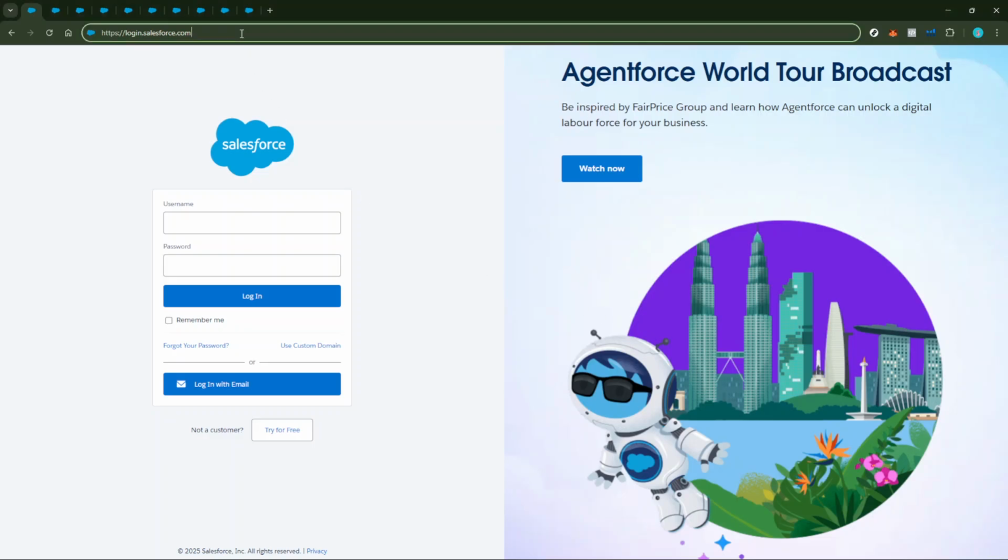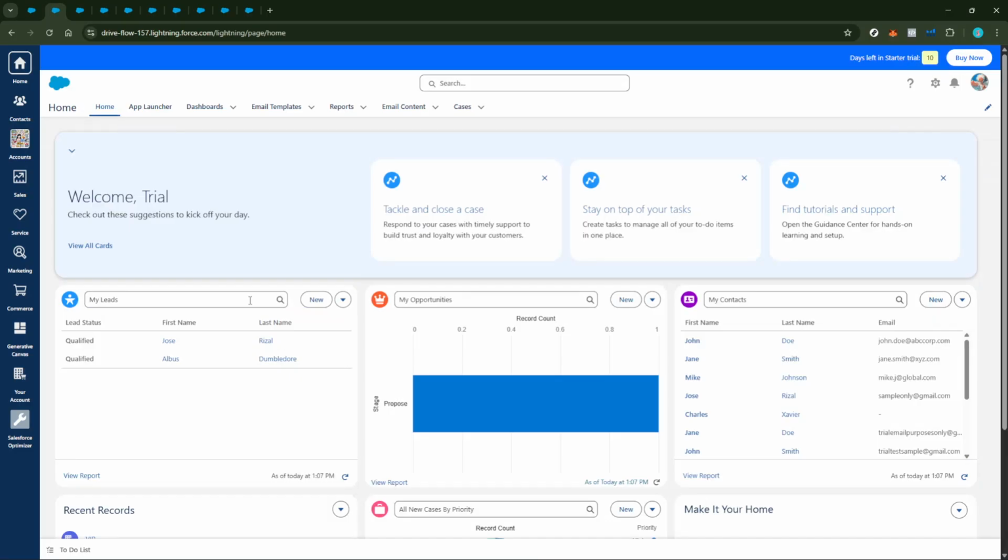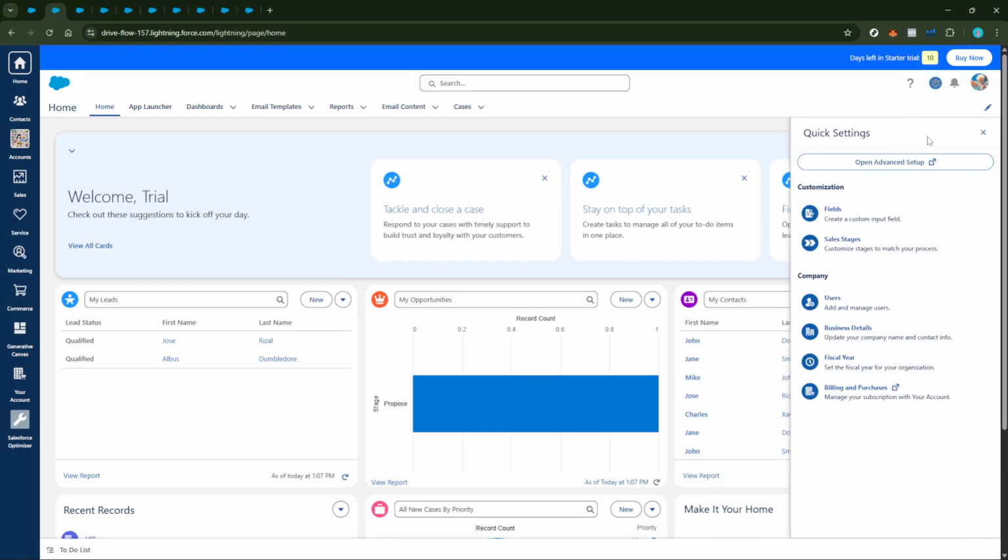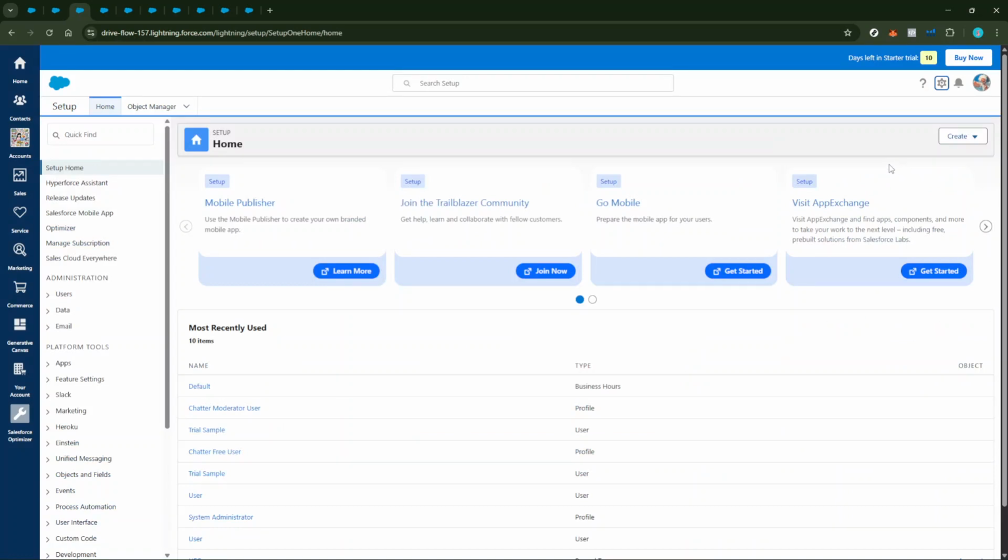It's always good to make sure you're using the appropriate login credentials to access the necessary settings and options within your organization's setup. Once you're logged in, direct your attention to the gear icon located at the top right corner of your screen. This is your gateway to the setup page. By clicking on it, you'll open the Advanced Setup section, where you can access a wide range of configuration options